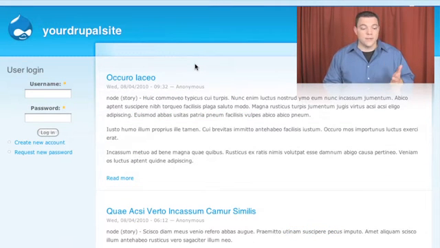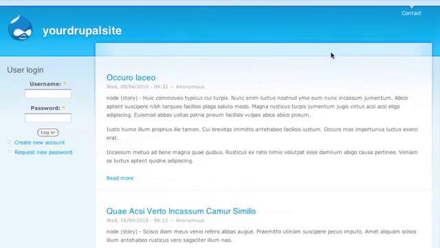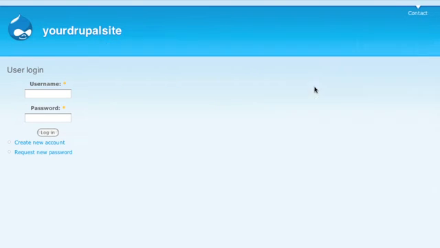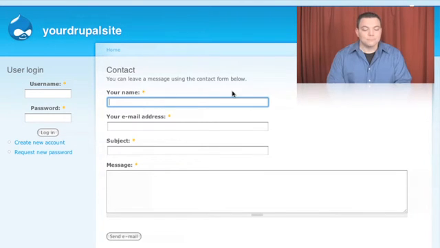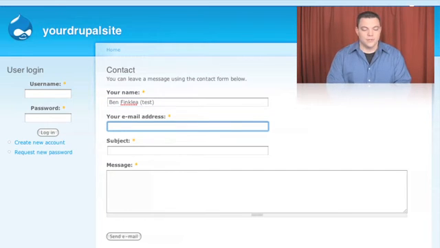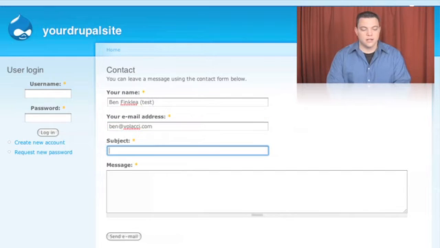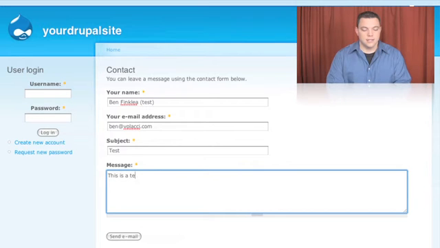So I'm going to switch my browser here. Go over to here. I'm in Chrome. And notice right here, we've turned on the built-in contact form, and we just used the built-in one that's in Drupal. These modules didn't provide the contact form. I just want to make that clear. But anyway, the contact form built into Drupal. I'm going to go here, and I'm going to put in my name. Just put a little thing there, and I'm going to put ben@balachi.com and test. And this is a test message. All right, and when I send this email,